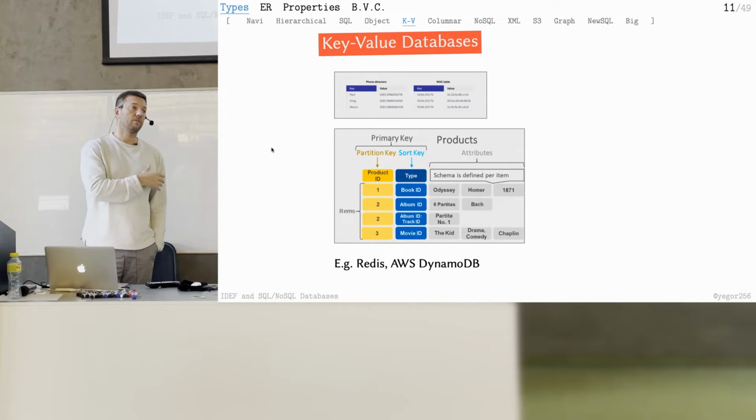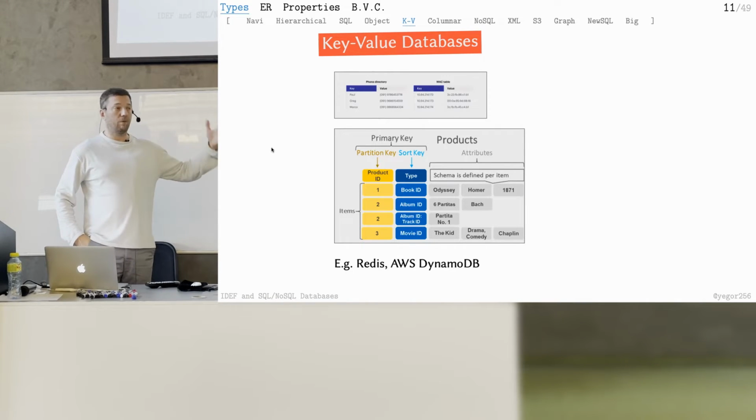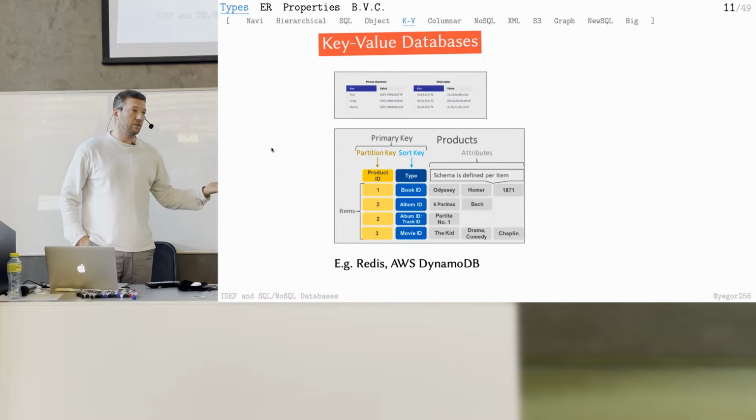What's the difference between it and a table which has key and value in a normal relational database? Yeah, it's indexed on key. Why is it called a key value database instead of a relational database? I mean, we can have one table and index it on the key. We can have a database with one table and call it a key value database, right? That's your point. So why give it a special name?